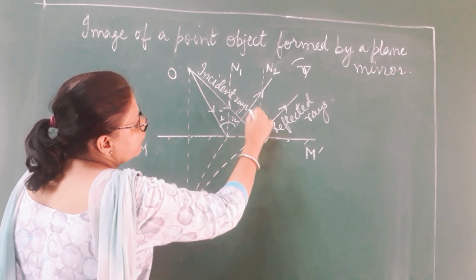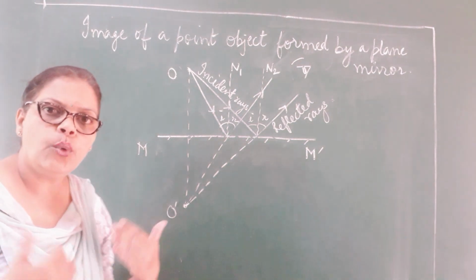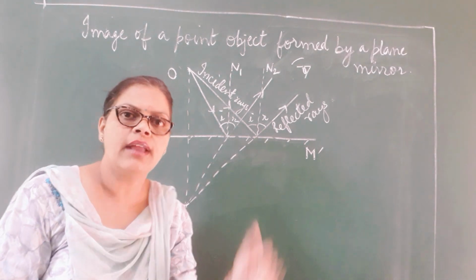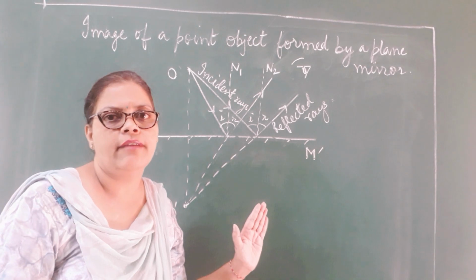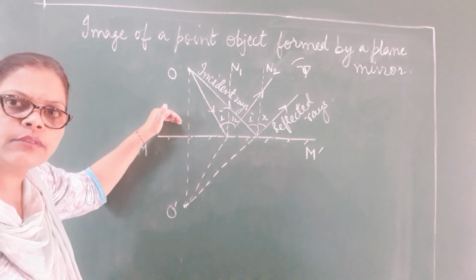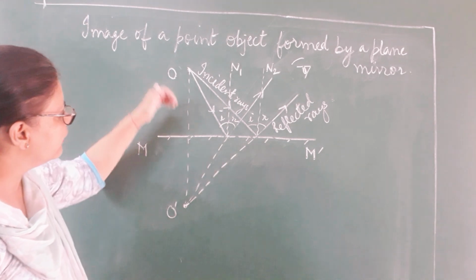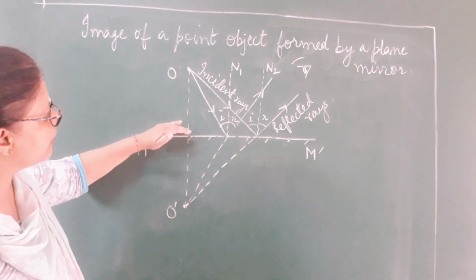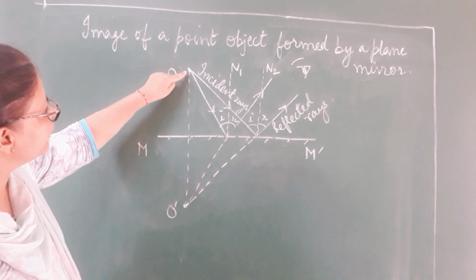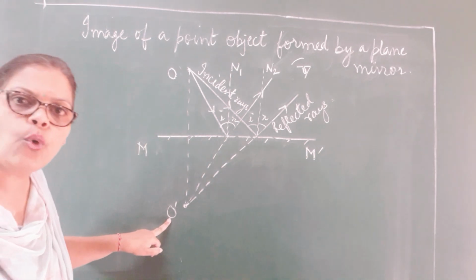Similarly over here also, angle of incidence is equal to angle of reflection. I hope you have understood this diagram. Very quickly we revise the steps. Just have a look at your diagram which you have drawn and simultaneously listen to what I have to say. First point, you will first leave 5 lines from the top, draw a line in the center representing the mirror, polish it, and after that you will take your scale and measure 5 centimeters and put a dot for the point object. After that you draw a dotted line and go down 5 centimeters and mark the image as O dash.